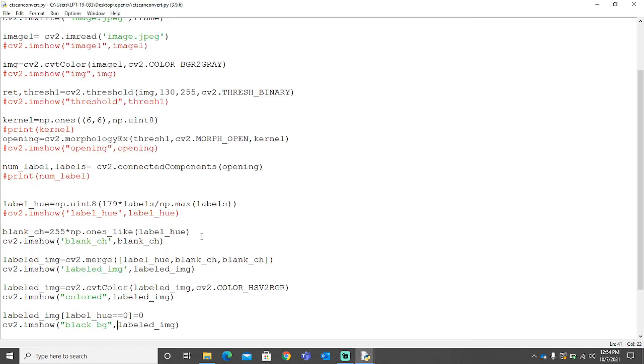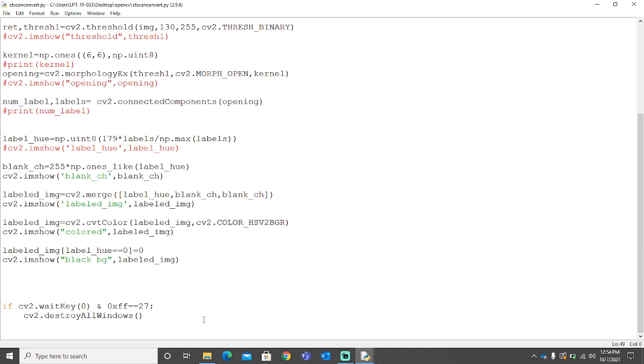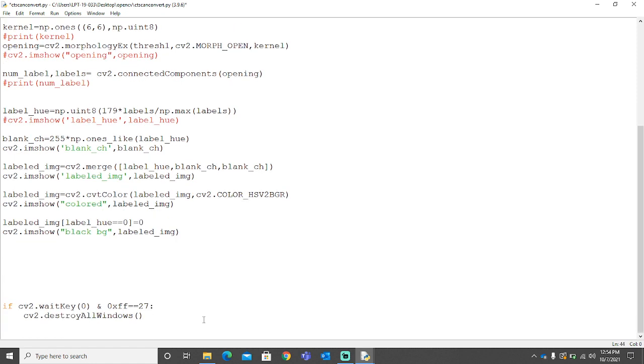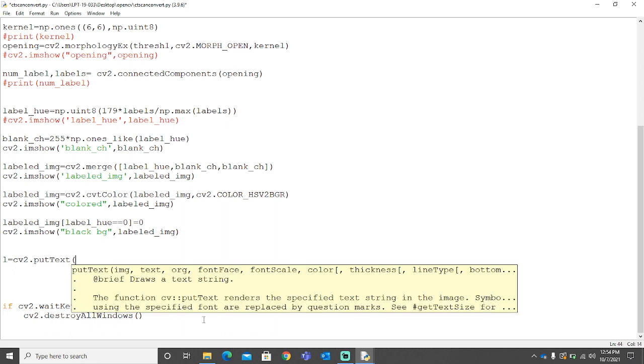So, okay, this is where we were. Putting text is the final part, and that is easy. Let's name L, and do cv2.putText again, and we take the labeled image.